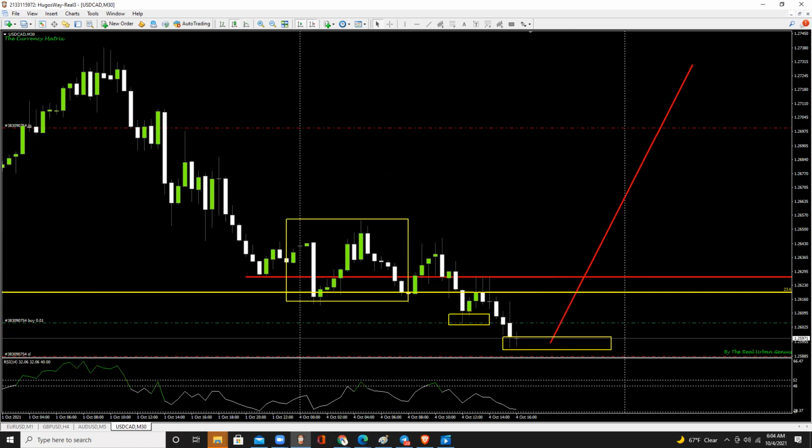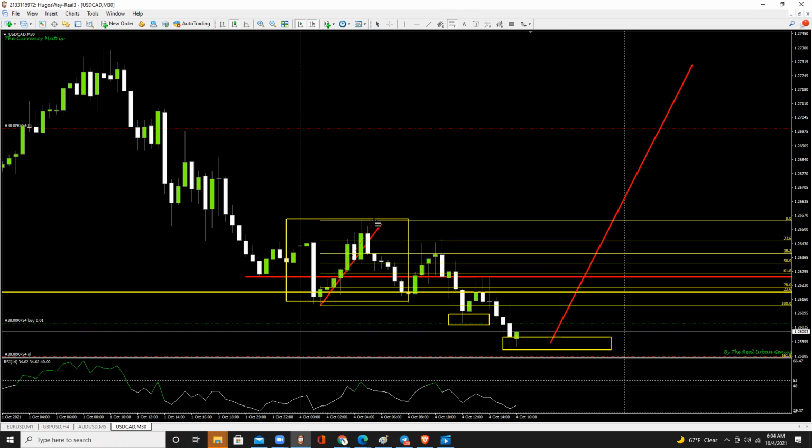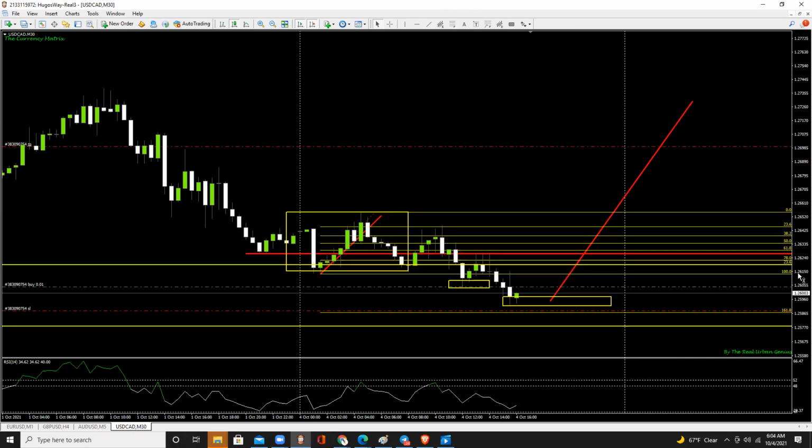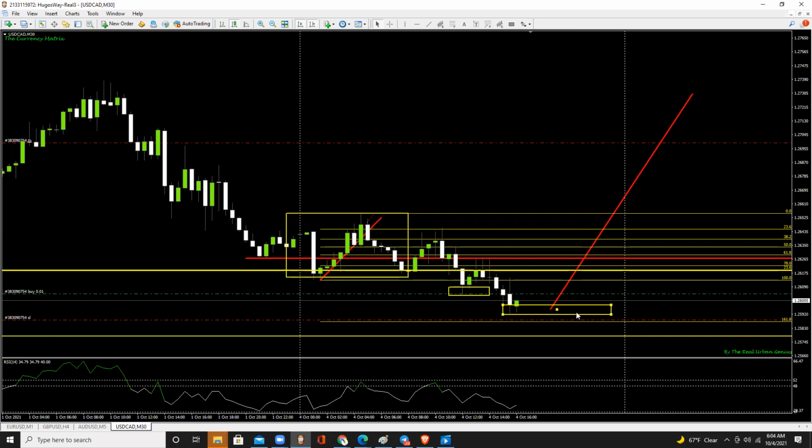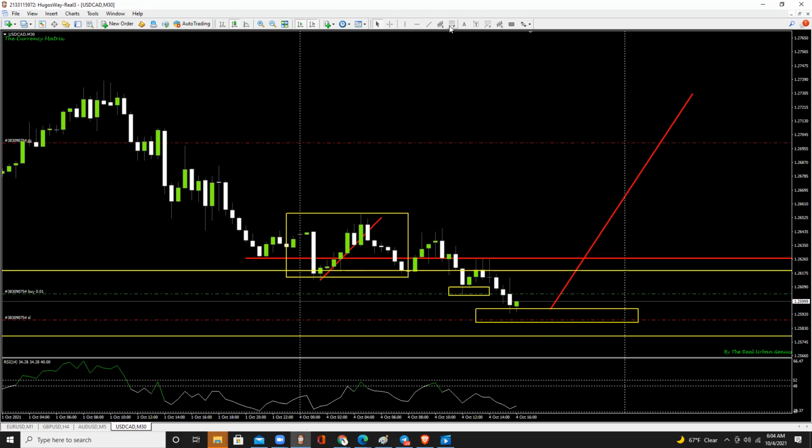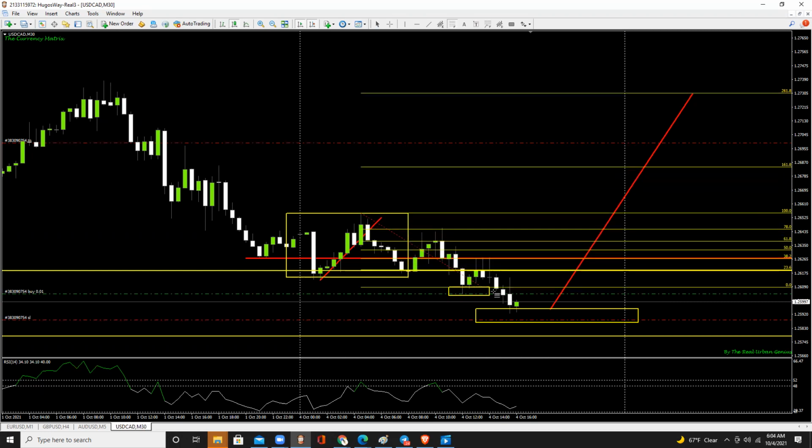So now here, looking at the 30-minute, let's go ahead and utilize this Asian range, swing low to swing high. We'll take the Fibonacci, swing low to swing high, come down in here, and we can see how this particular level would have been the low structured here at the 161.8. So now we can take our Fibonacci and pull it from the high of the day to the low of the day